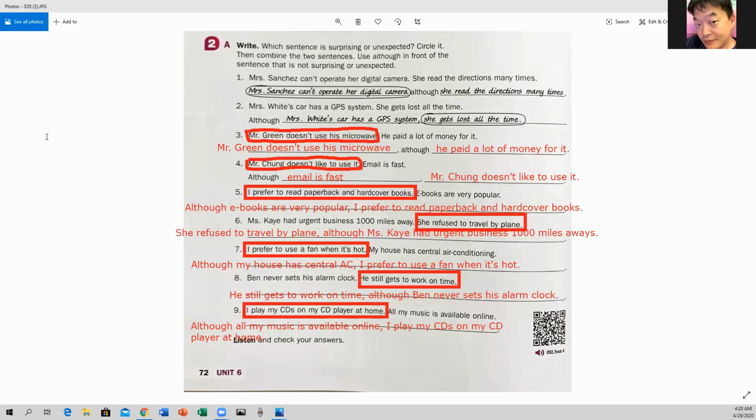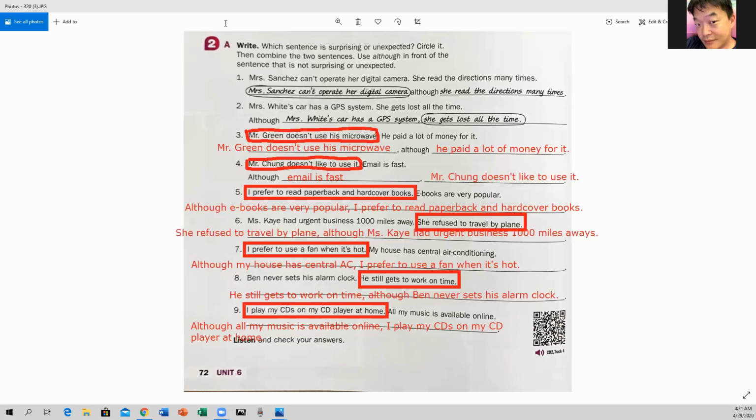Remember that at the end of your workbook, you have a reference section with many grammar explanations. And on page 130, you have a section talking about clauses of concession using although and also using even